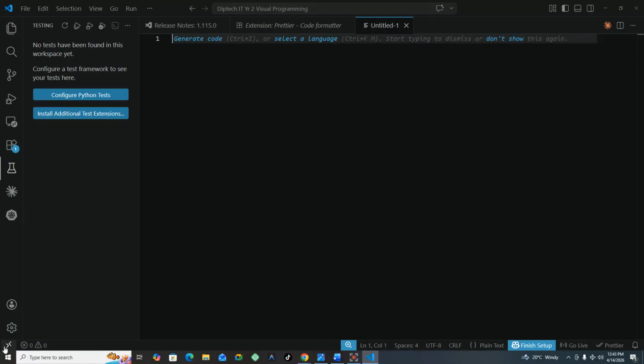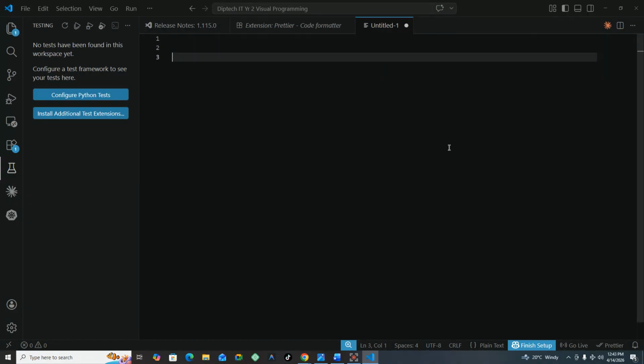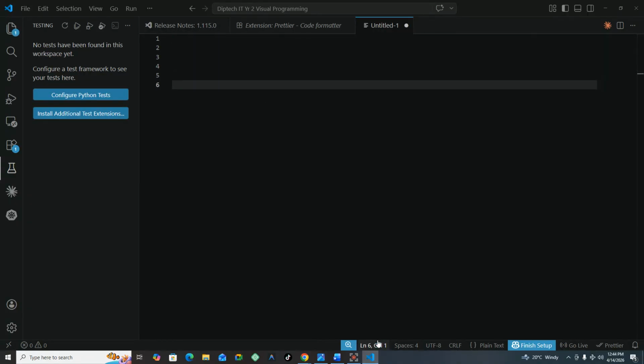The status bar can tell you if you want to open a remote window, and if there are any problems with your code, it will list them down here. Then over here, it will tell you which line and which column you're on. As I press down, you can see I'm on line 6, column 1. As I tab, you can see I'm now on column 5. If I put spaces, you can see how many spaces have been put,